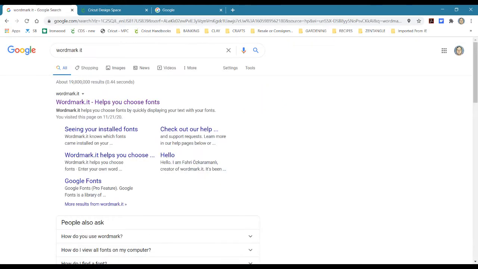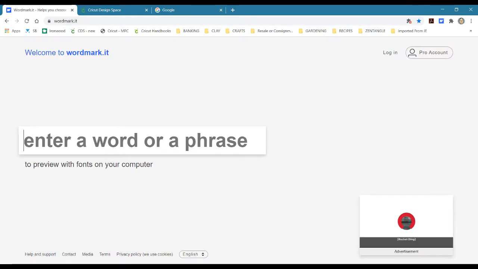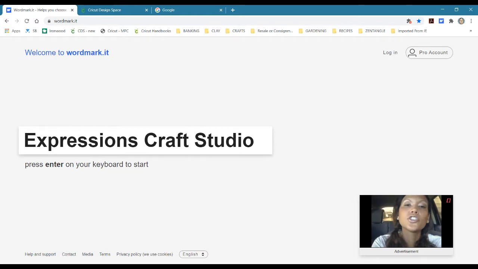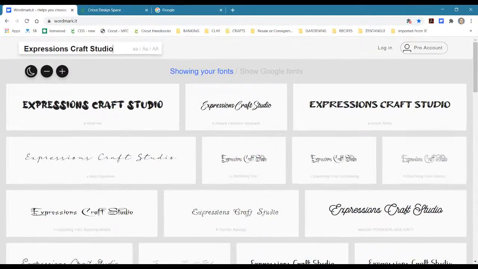So you go to that website, and you can type in a phrase. I'm going to type in Expressions Craft Studio, which is the name of my business, and I'm going to hit enter. And it pulls up all of the fonts, or it should be all of the fonts that you have installed on your computer. Now that one was called Orange Slice, so we're going to have to scroll way down,